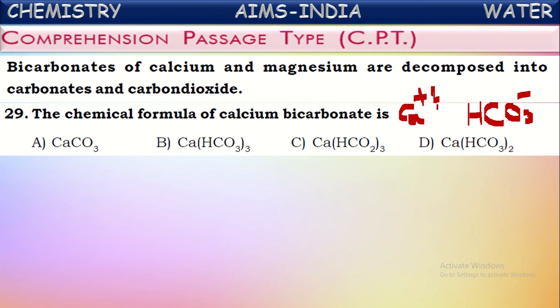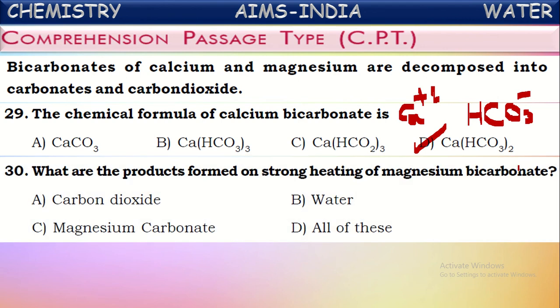Now when you club these two by using crisscross method, we get the molecular formula of calcium bicarbonate or calcium hydrogen carbonate as Ca(HCO3)2. It is pronounced like this, Ca(HCO3)2. Calcium bicarbonate or calcium hydrogen carbonate. Okay. Next,